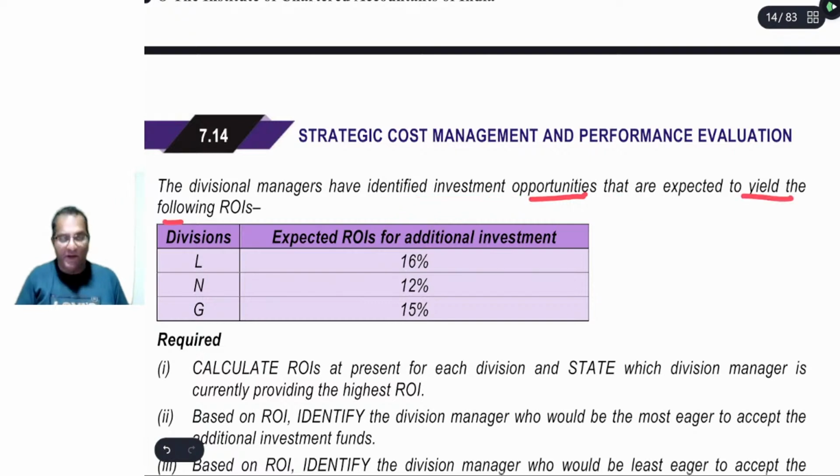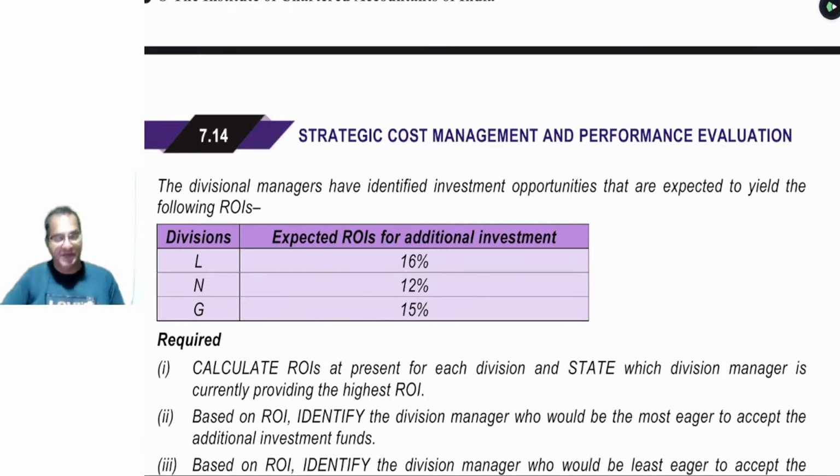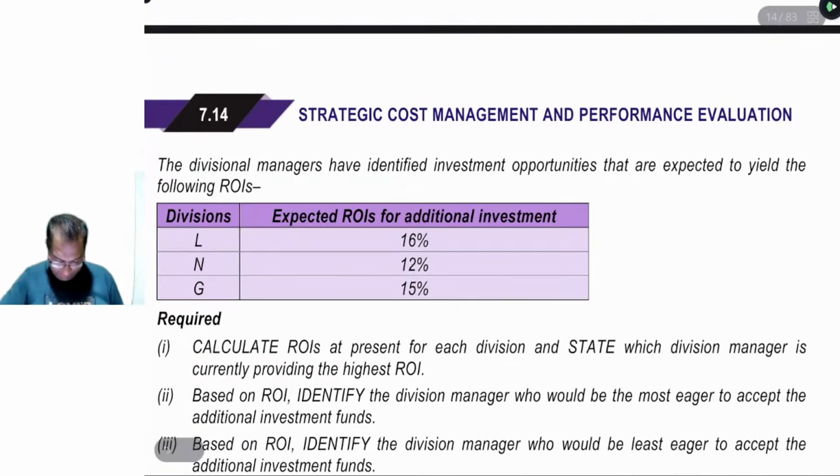If the investment is done by L, the expected ROI for additional investment, जो नया investment है, उस पे हम 16% कमाएंगे. So ROI is already calculated for you. If department N makes that investment, 12% ROI will be earned on additional investment, while 15% ROI will be earned on additional investment by department G. है ना? तो आप एक काम कीजिए बेटा,